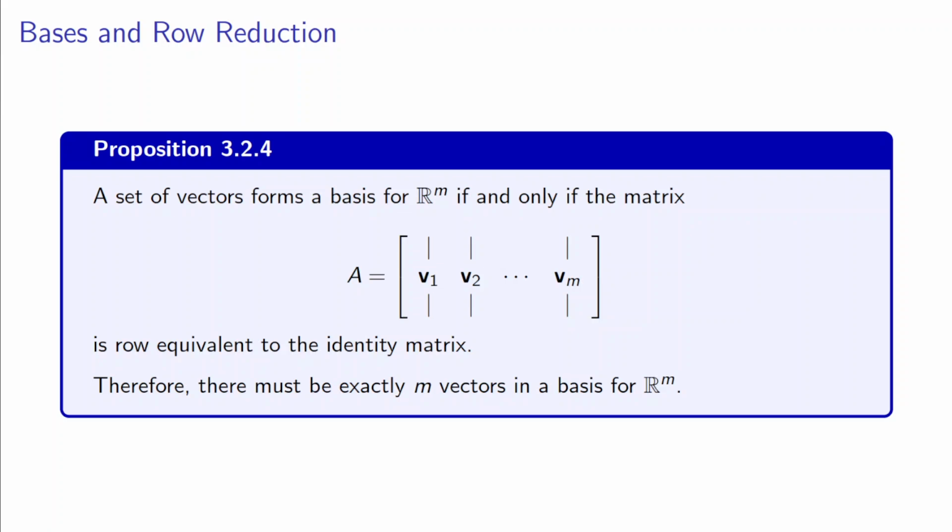Okay, so here's that all written up in a proposition. A set of vectors forms a basis for Rm if and only if the matrix A, which consists of the vectors as its columns, is row equivalent to the identity matrix. Therefore, there must be exactly m vectors in a basis for Rm. And furthermore, the additional thing we can say is that any m linearly independent vectors form a basis